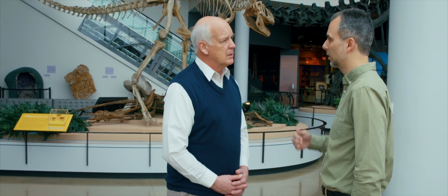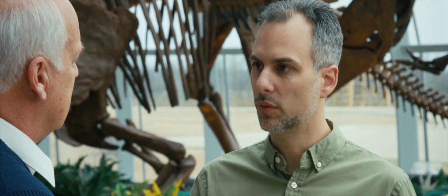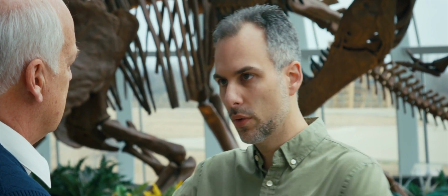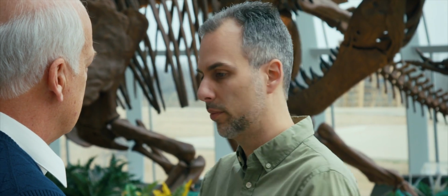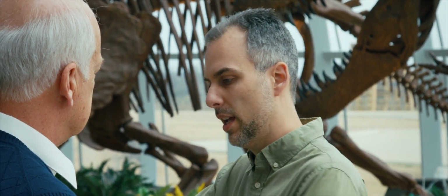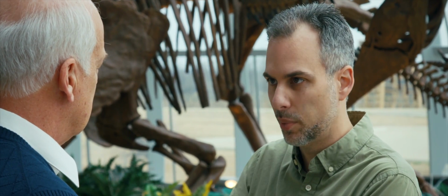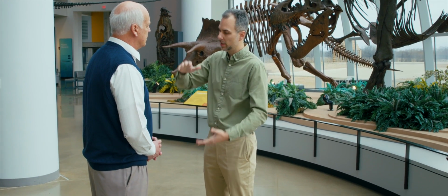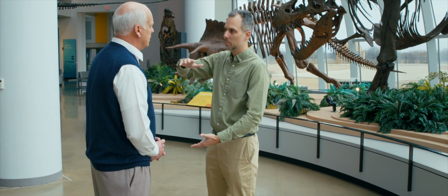It is, and it's a graveyard on top of a graveyard on top of a graveyard, where these pulses of water from the flood are moving over the continents, grabbing ecosystems or dragging marine ones up from deeper in the ocean and pulling them onto land. As one gets deposited and the waves come back, they start pulling and piling additional stuff on top of that. So every time we see a layer of rock that's this thick, we're thinking about an event that probably took minutes